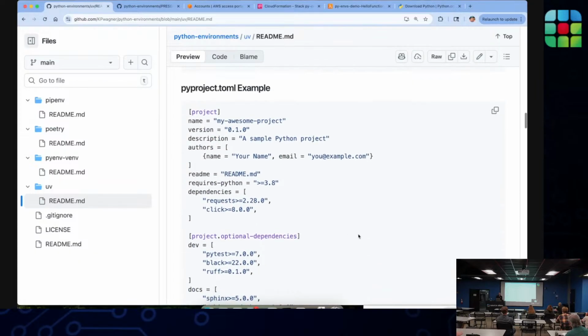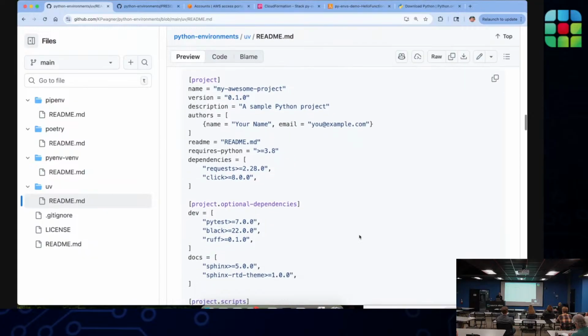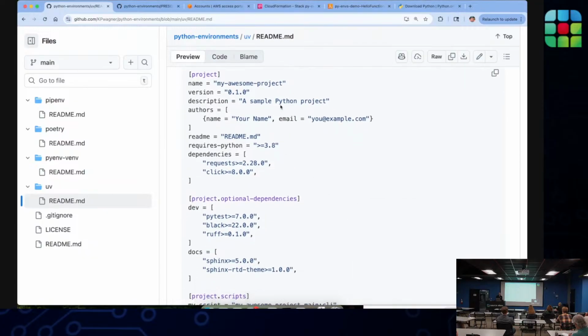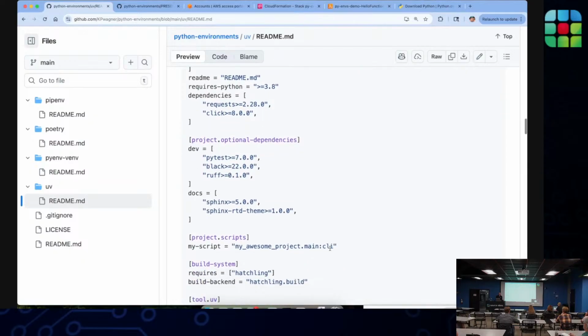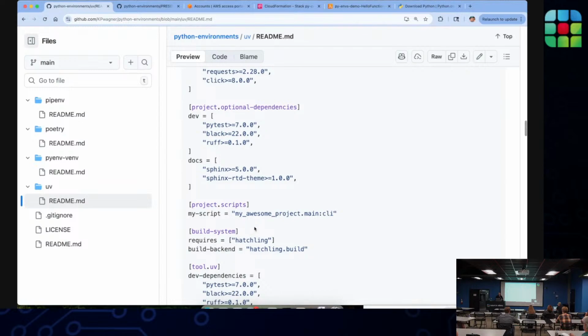Yeah, so this is a more complex pyproject.toml file, just to give you an idea of what that might look like. Dependencies, dev dependencies, a docs section for Sphinx, which has doc creating automation.